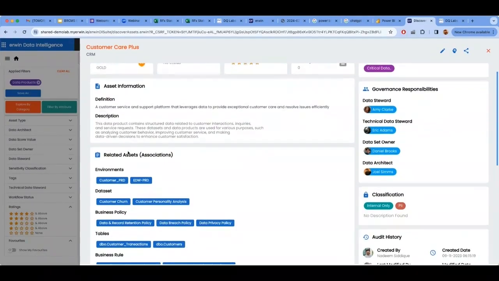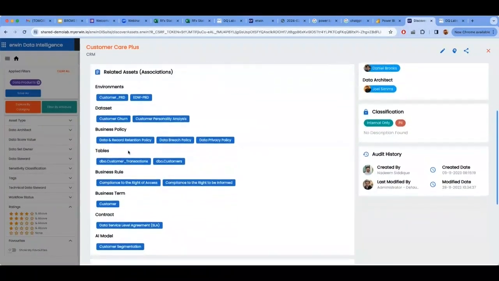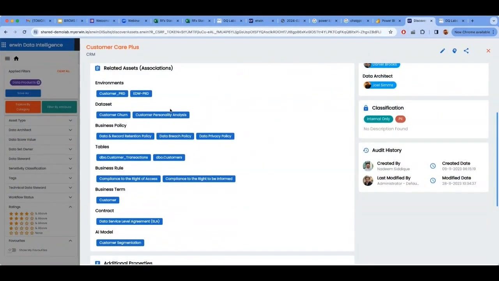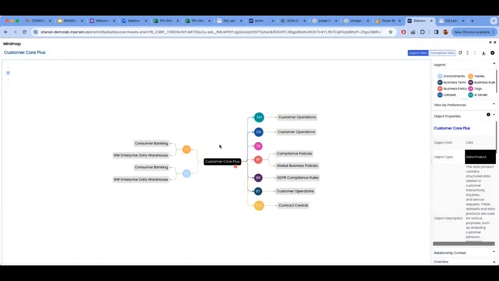It sounds very nice. And as also Sue mentioned, a data product might consist of various artifacts, like various data sets or data reports, database tables. There are some definitions, business terms. There are some contracts and SLAs. If I want to have access, what are some of the SLAs I need to be aware of? There might be an AI model behind the scenes, generating some output, etc. The best way to view these different artifacts is we usually go to Mind Map. It provides you a 360 view of the data product you are looking at.